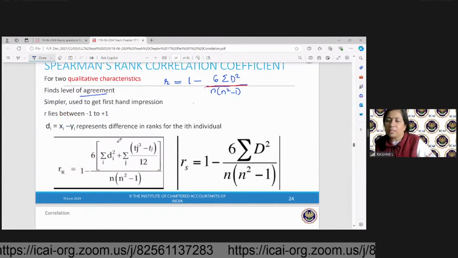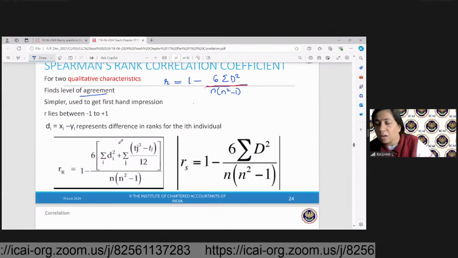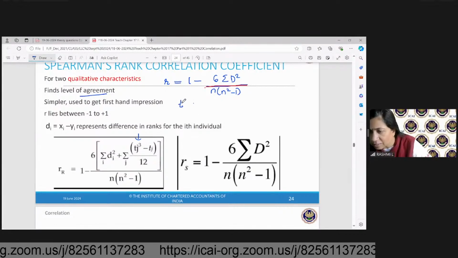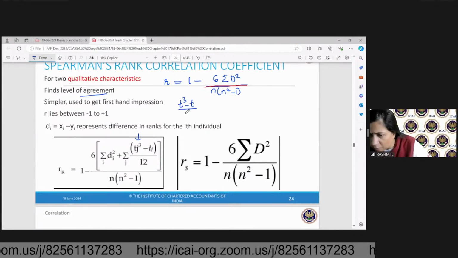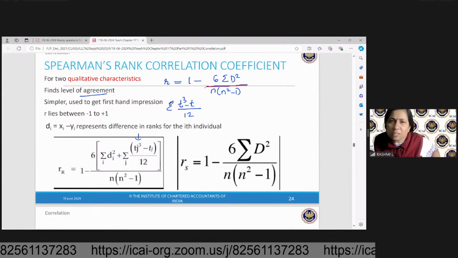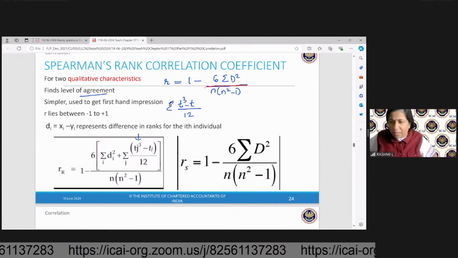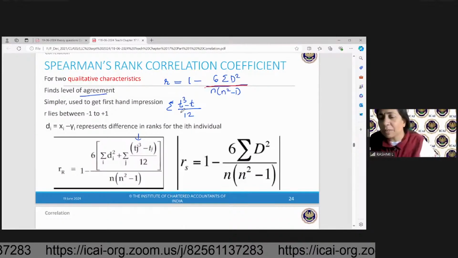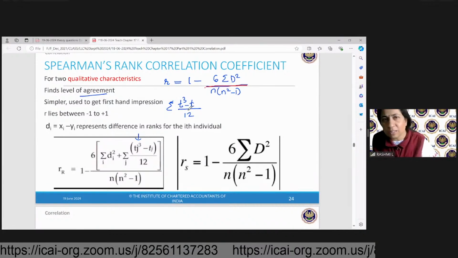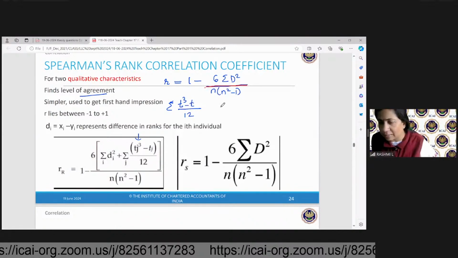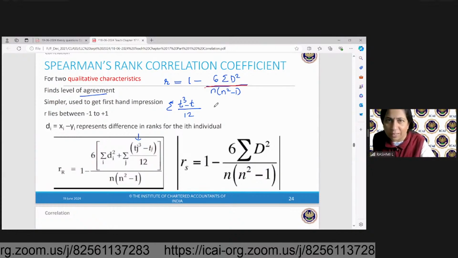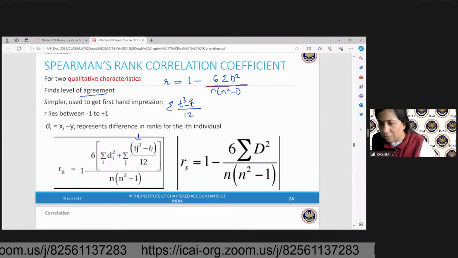Now, when there is a tie, you use this factor: T cube minus T upon 12, and there is a summation. Many students get confused in this, but there is nothing to be confused about; we will see it now. How many times is the rank repeated? You will have to add this. Sometimes it is repeated twice. Repeat means at least one more time. So twice or thrice, that way you have to see.